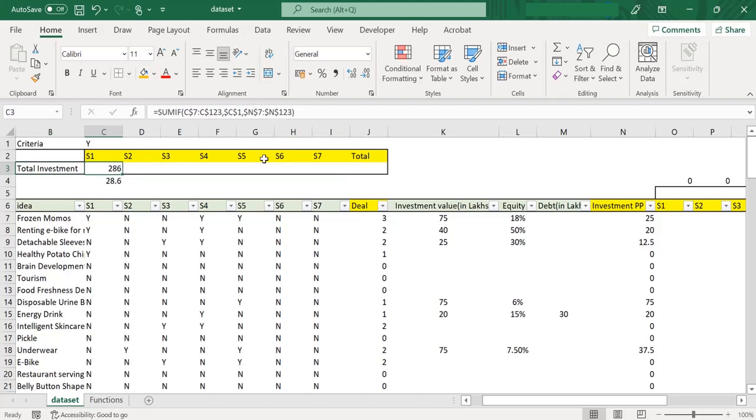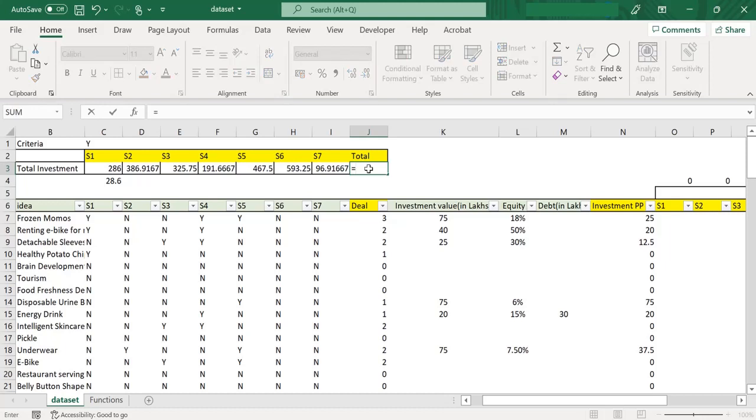What I'm going to do is select the right part of this and press Ctrl R. This is one shortcut to drag the formula towards the right, or copy the formula towards the right. And the total investment, if we need to find out, we'll just do the sum. This comes as 2348.